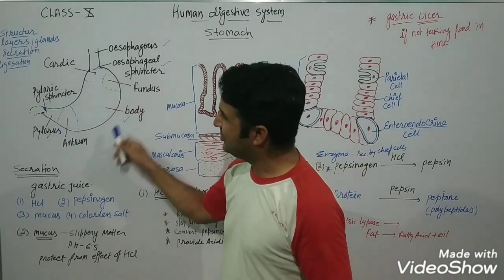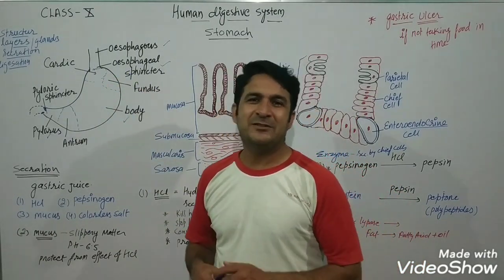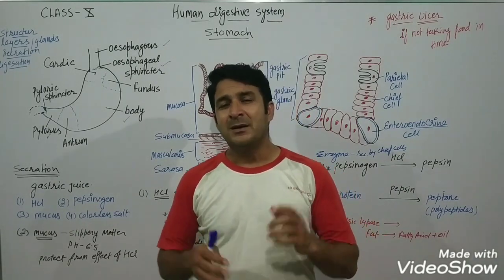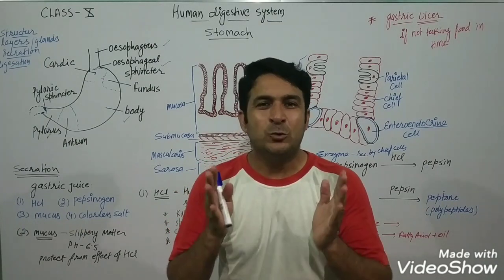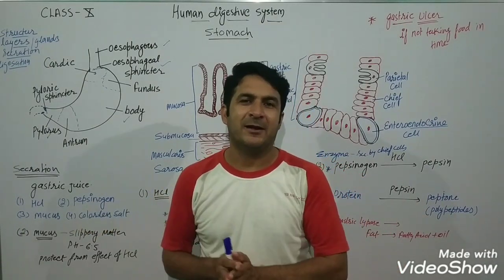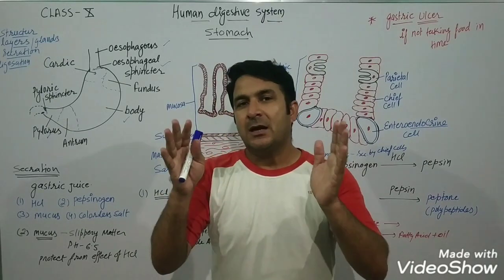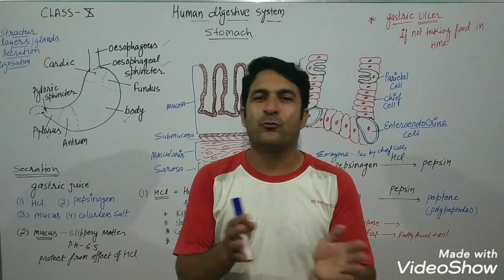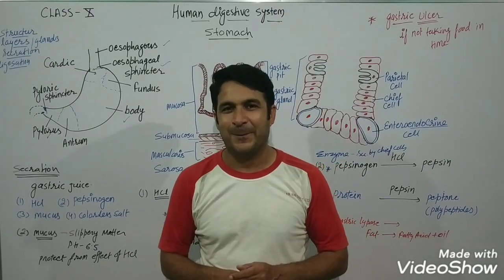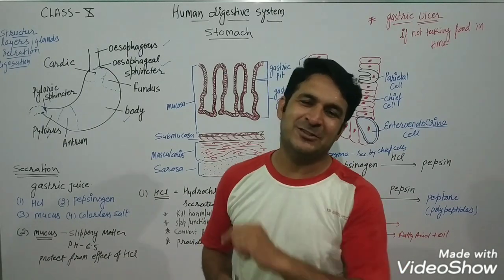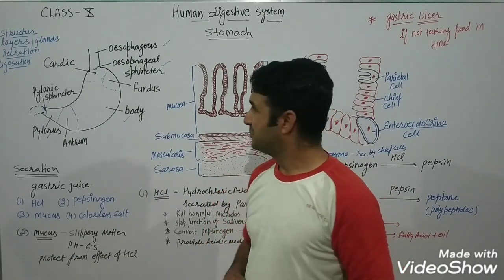If you see the structure of the stomach, it looks just like the alphabet J. Okay, the maximum capacity to store food is 1 liter to 1.5 liters, or we can say an adult human's stomach can store 1 liter to 1.5 liters of food and water, right? And the stomach can store the food for 6 to 8 hours, right?